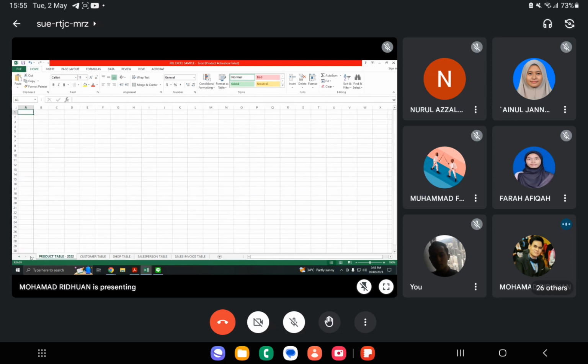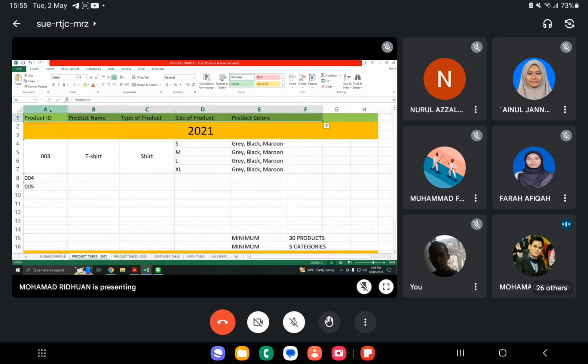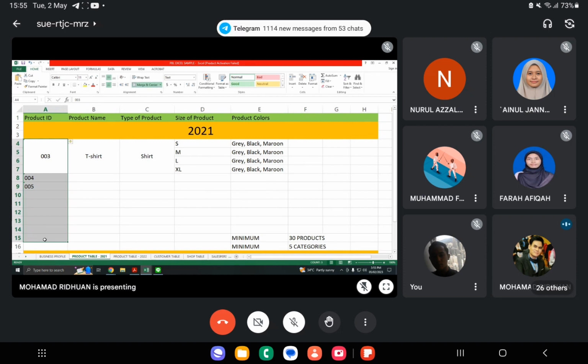For example, talking about product ID will be considered as passive data attributes. Why passive? Because this data cannot be analyzed. In Excel, we can perform analysis, right? We can perform analysis for